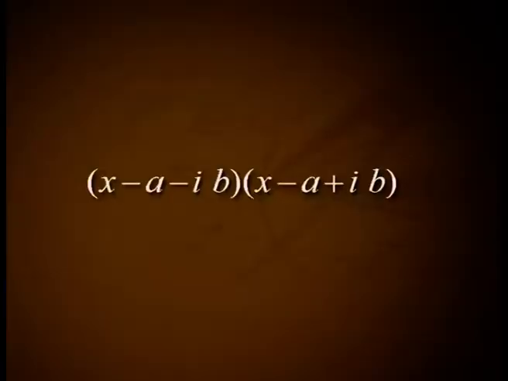Hence, by equation 1, f(x) is divisible by (x - a)² + b², that is, f(x) is divisible by (x - a - ib)(x - a + ib). Thus, x = a - ib is a root of f(x) = 0. That is, we have shown that if an imaginary number a + ib is a root, then a - ib is also a root. This shows that in an equation with real coefficients, imaginary roots occur in pairs.